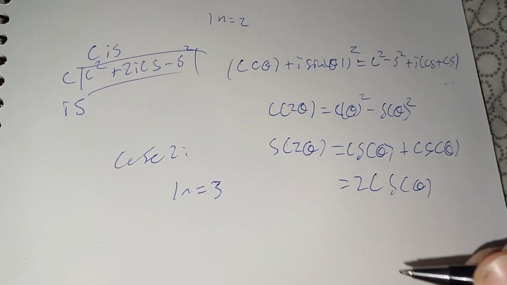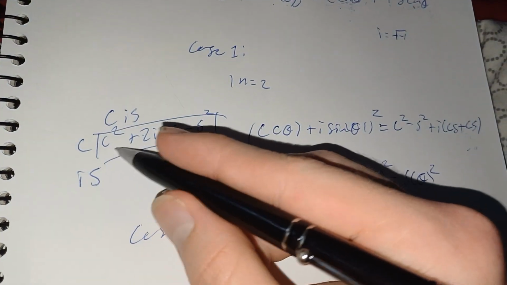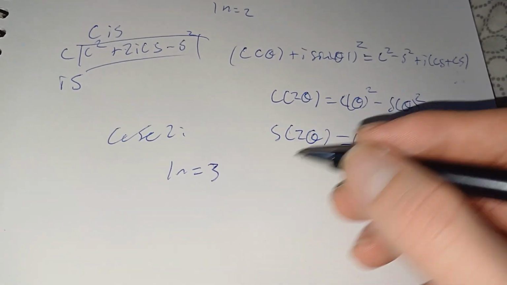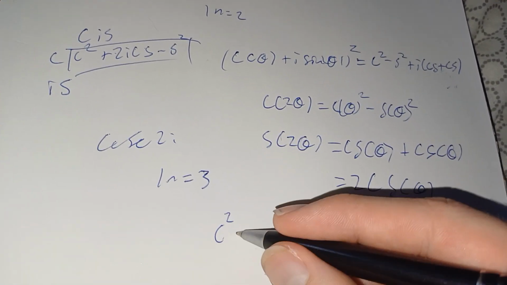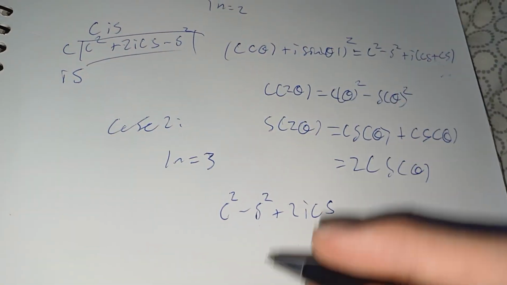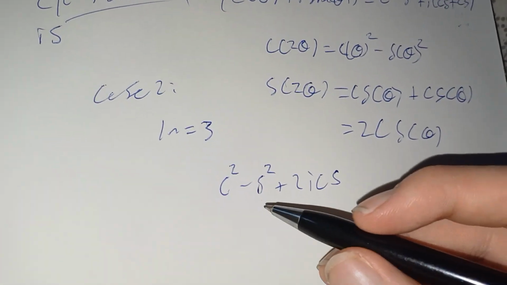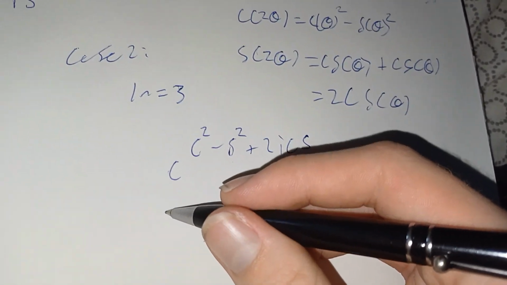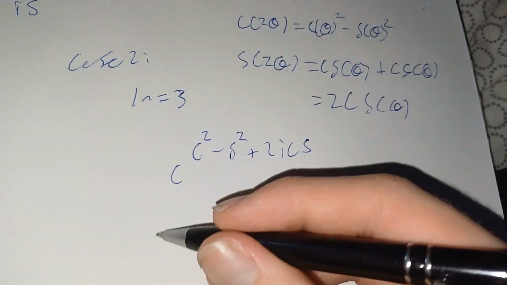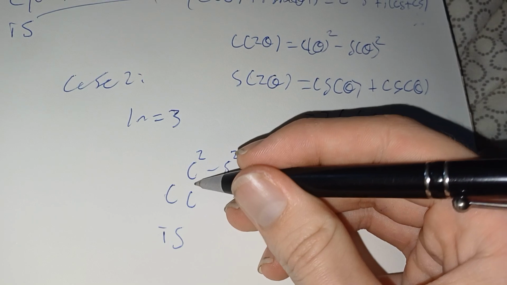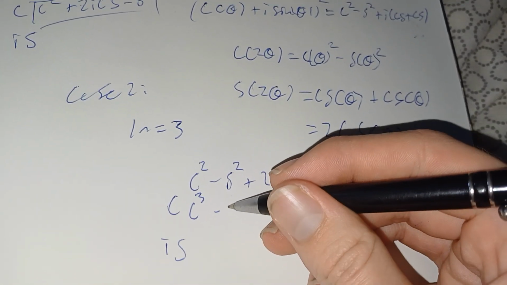So let's see if n equals 3. Now we're going to multiply the thing we got last time, which is cosine squared minus sine squared plus 2i cosine sine, by the original factor, so cosine plus i times sine, and we're going to get cosine cubed minus cosine